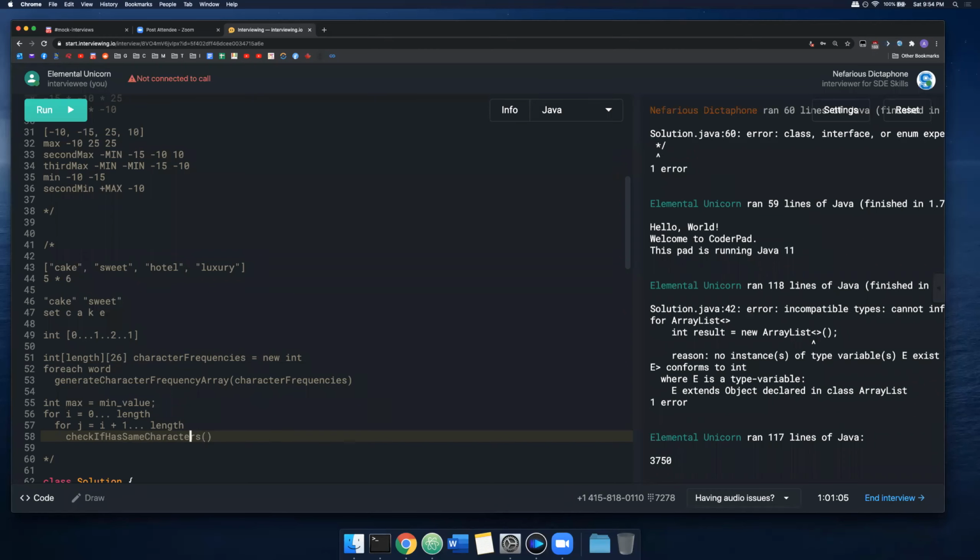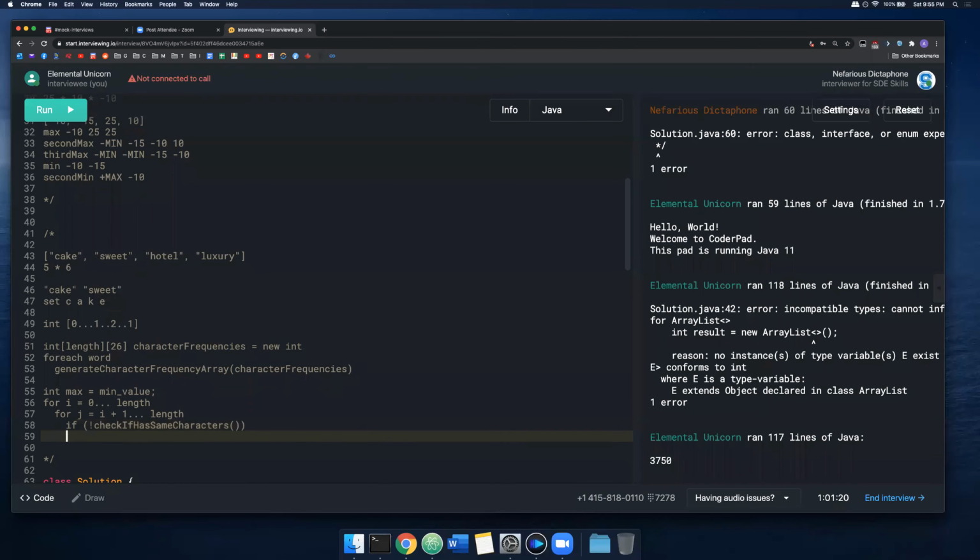So this would be a helper function to check if the arrays have the same character. Okay. And all max would be